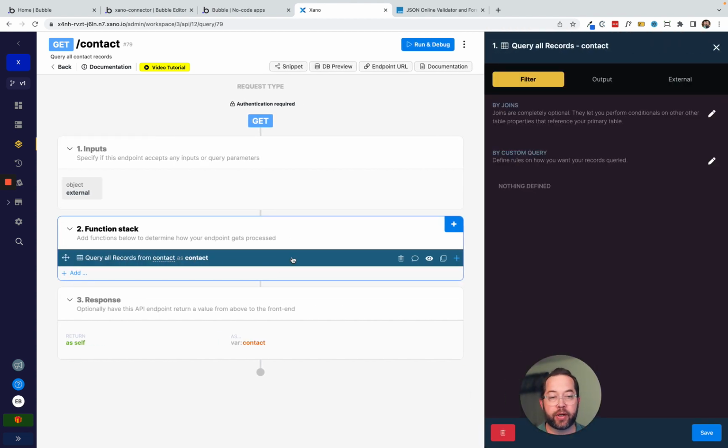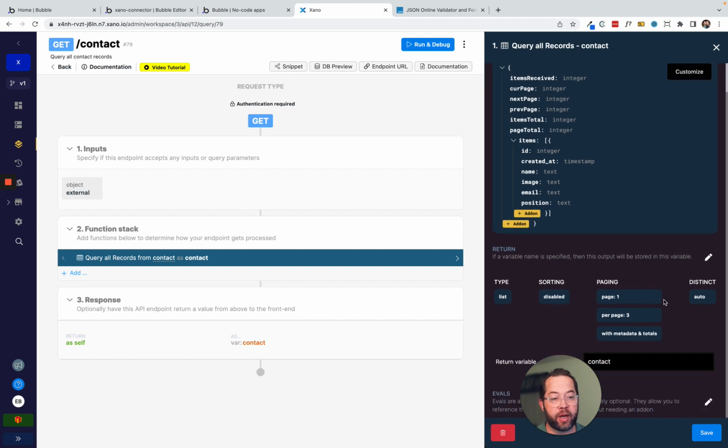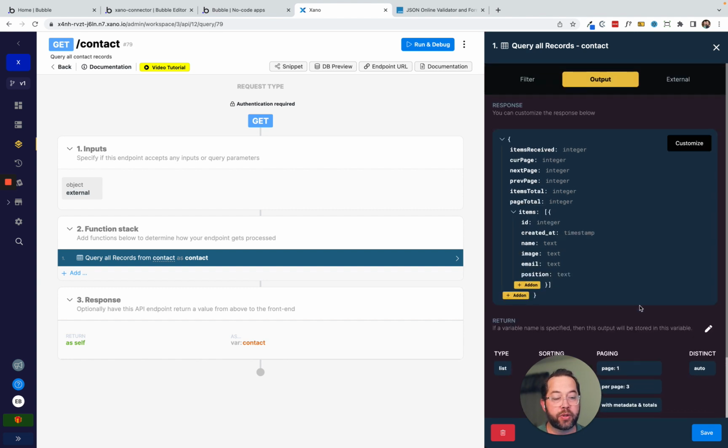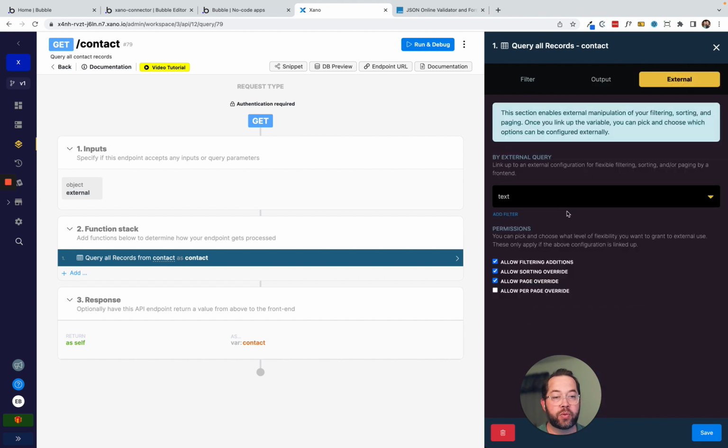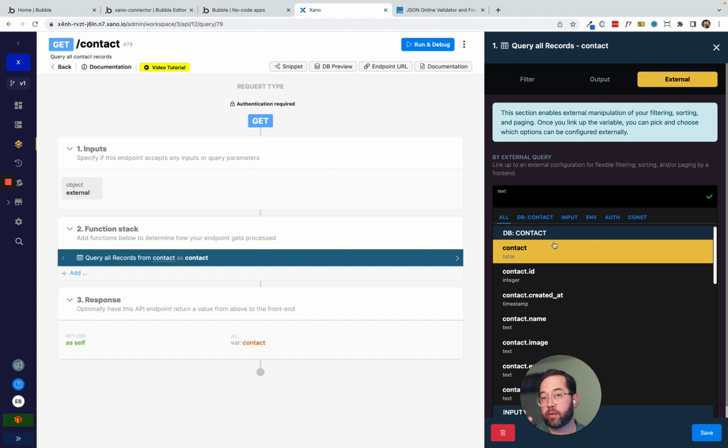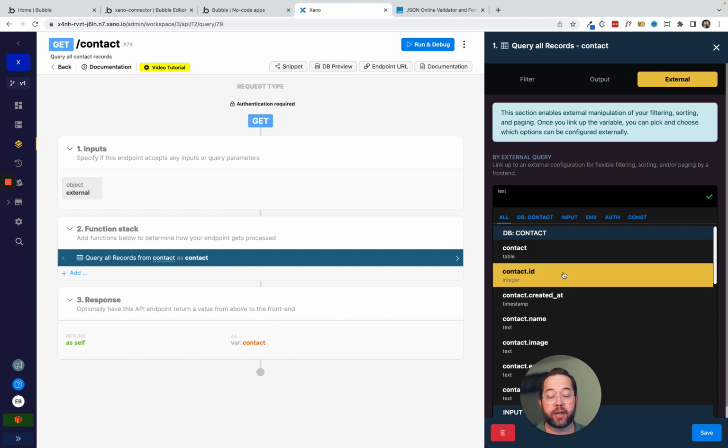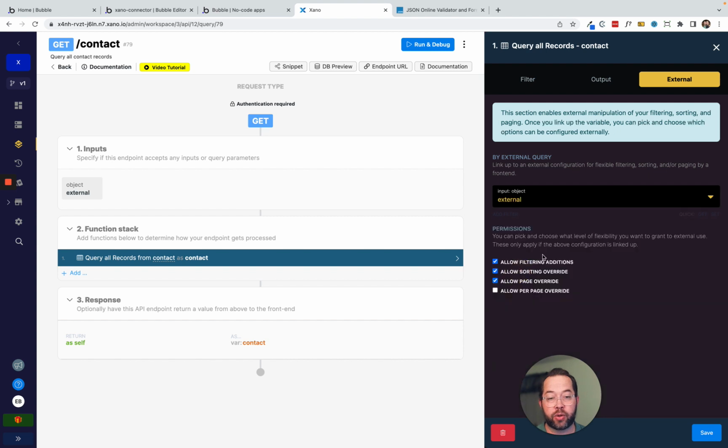Okay, so if we go into query all records again, we'll look at the output. The output is set to allow paging. Page 1, per page is 3, and then with metadata and totals. And then we'll go into external, and this is where we say, to get the data for paginating this data, look here in the input, the external parameter. And then we also need to click this allow per page override. Without clicking that, the per page parameter won't do anything. So we want to be able to manage the number of items per page as well. So let's go ahead and click save,